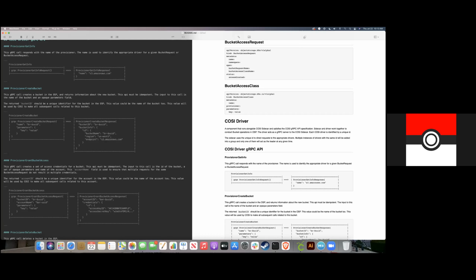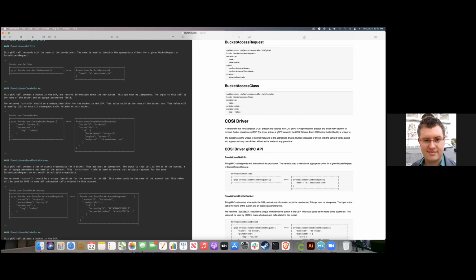Okay, so in this scenario, we would take the entire bucket access response, the grant bucket access response, and store it into a secret, and anyone who requests it just gets that whole secret mounted into the file. Is that what we're saying?